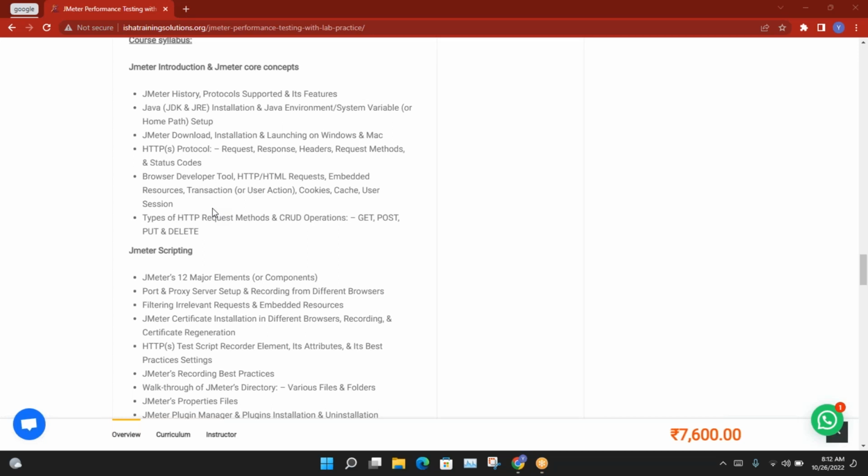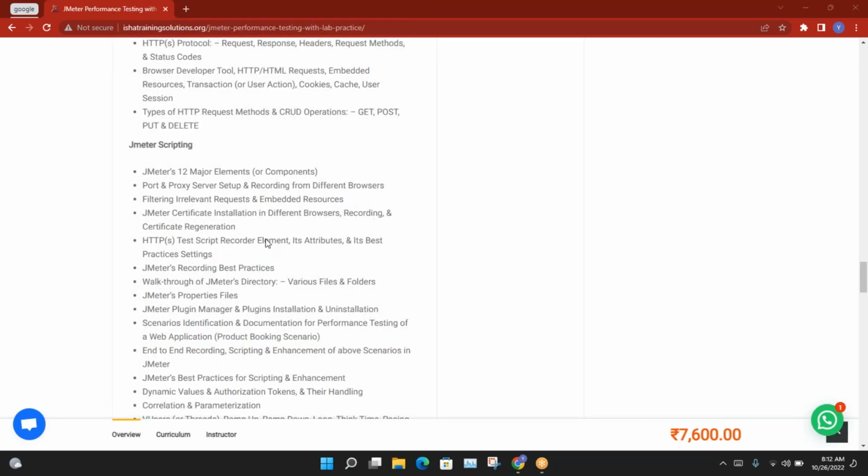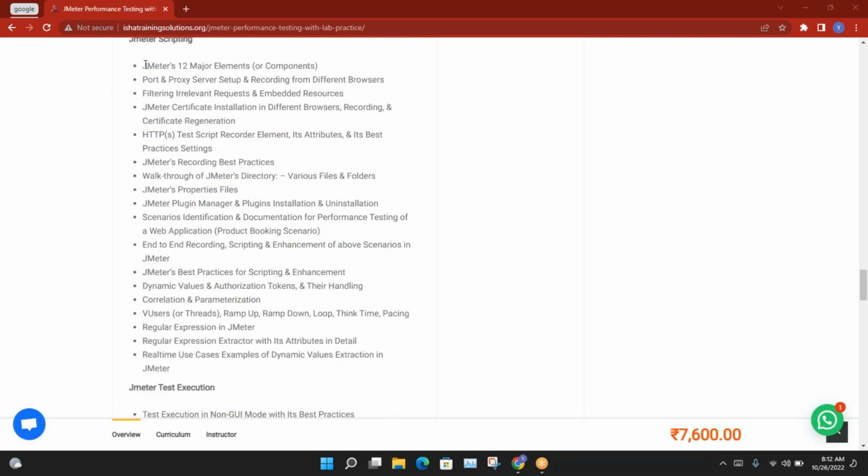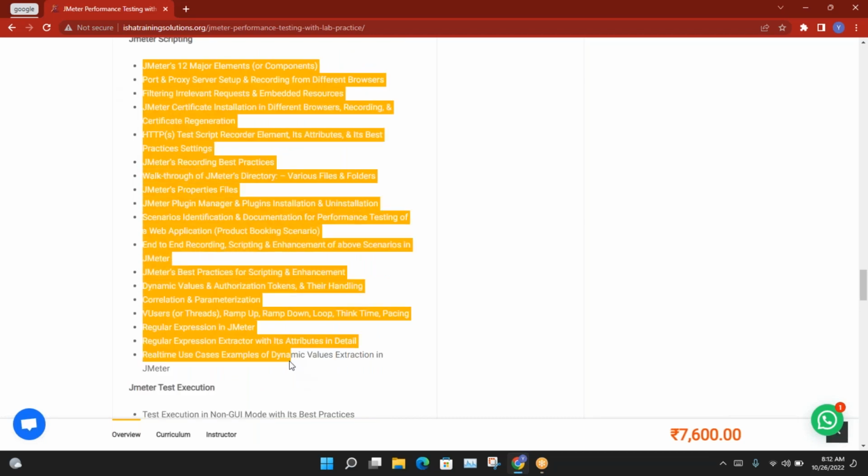What are the basic components inside JMeter which you can use to build your script? Then how you simulate your execution, how you execute your tests, and how you analyze your test based on what you ran, with some basic indicators and how you deep dive into analysis. There comes the AppDynamics part. We will use AppDynamics to find the bottlenecks when we are doing performance testing. JMeter scripting we'll see very extensively,